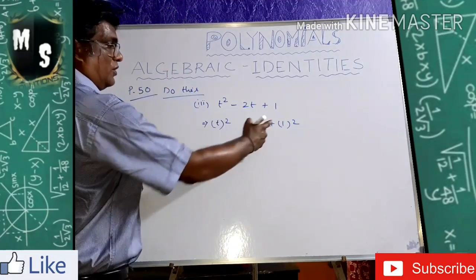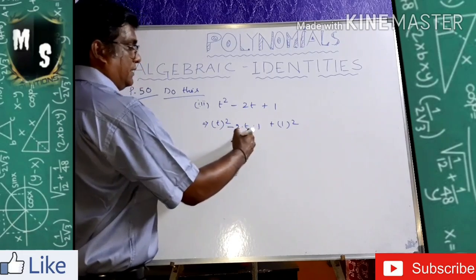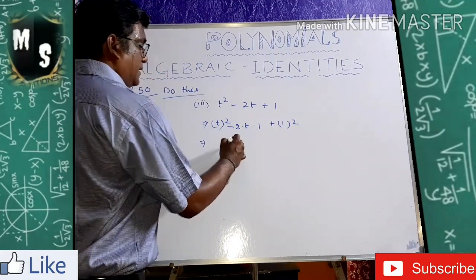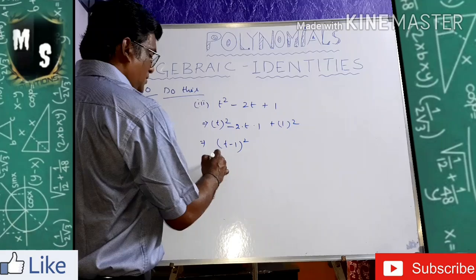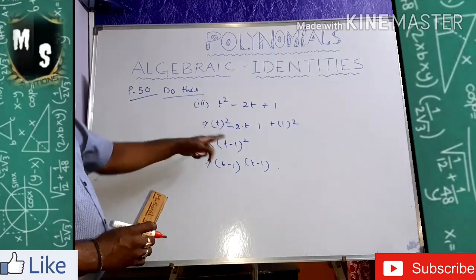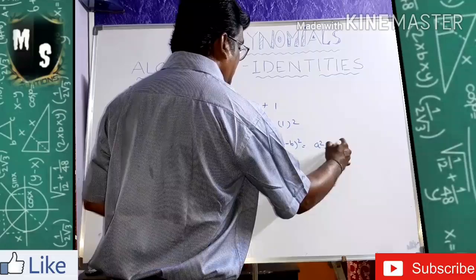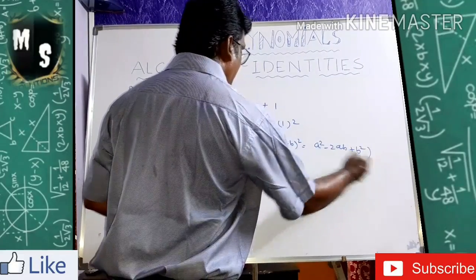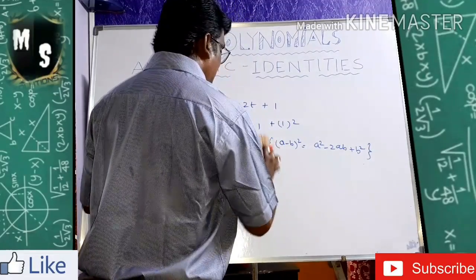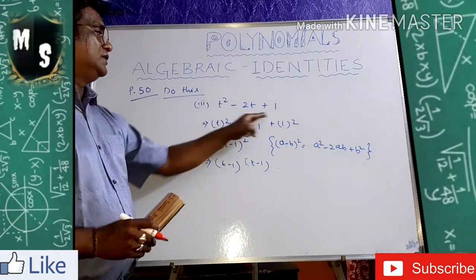You got your a, you got your b. Then try it in 2ab. 2 into a means t into 1, 2t into 1, 2t came. So it is under the formula a square minus 2ab plus b square. It is t minus 1 whole square, that is equal to t minus 1 into t minus 1. So it is factorized under the formula. Whatever formula you put, that one you write: a minus b whole square is equal to a square minus 2ab plus b square. That one you have to mention here. Please mention what formula you are going to put here. Clear? So now it is factorized into two factors.